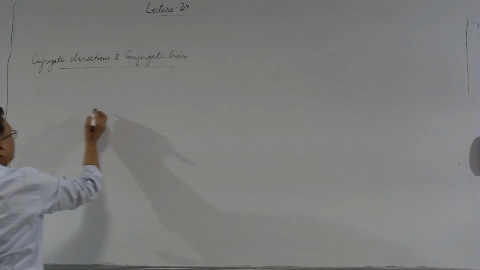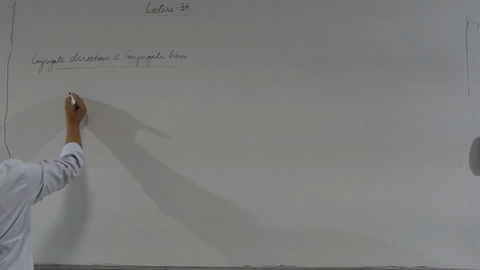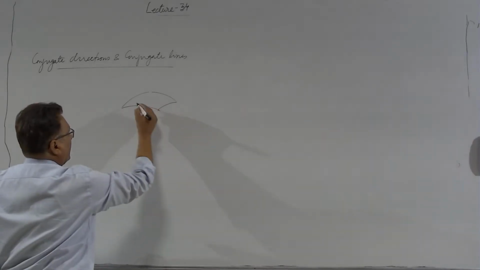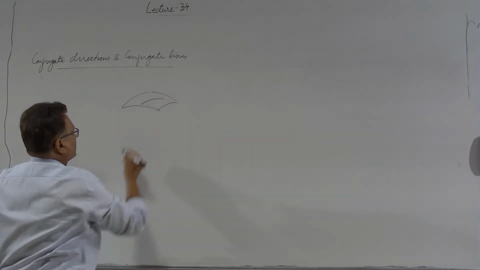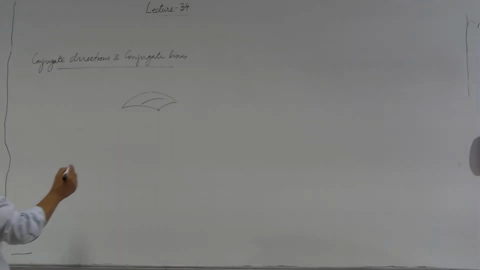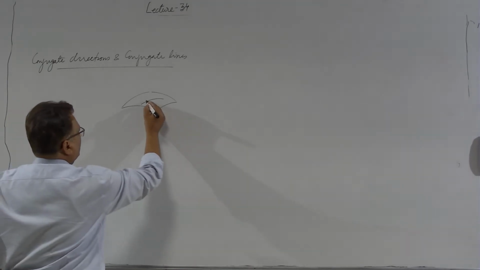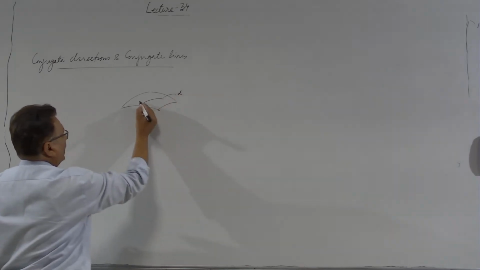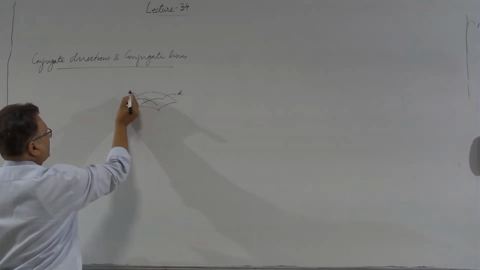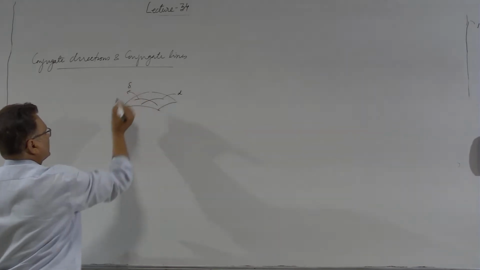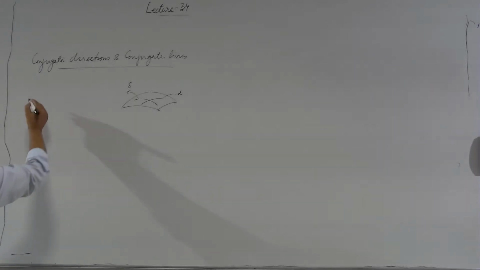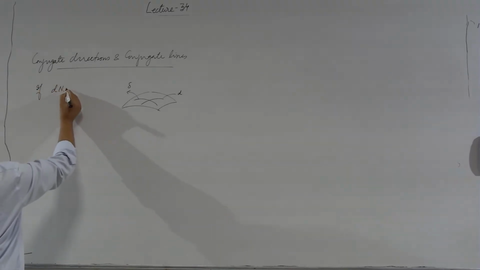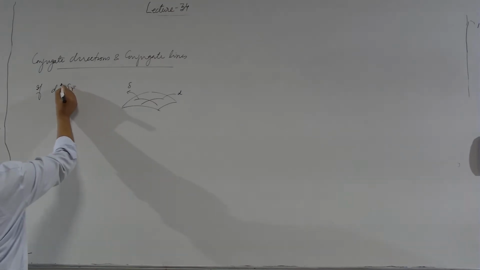So, we define them through the condition that if the direction along one curve is du^i, suppose this is one direction and along this direction I have the derivative as d, and along the other curve suppose the differential operator is delta. So, if dn dot delta r is 0,